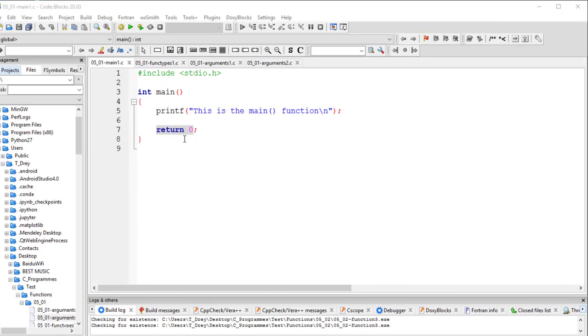C programs have and use at least one function, the main function. This is where code execution starts. Just like all C functions, the main function has a data type, same as a variable. The data type reports what kind of value, if any, the function generates. For the main function, it outputs an integer value